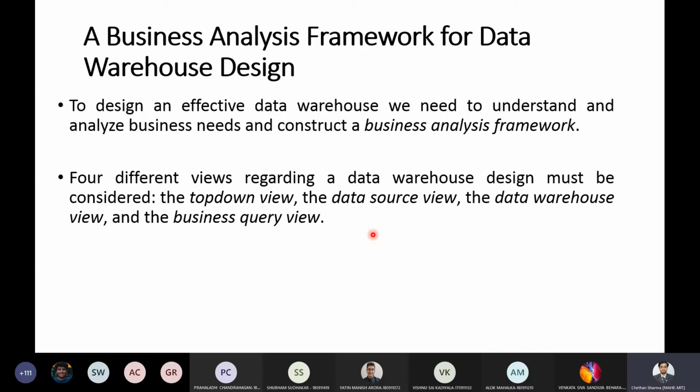To design an effective warehouse, you need to understand and analyze the business needs, and you need to construct something called a business analysis framework. We will be considering four different views for the design: the top-down view, data source view, data warehouse view, and business query view.